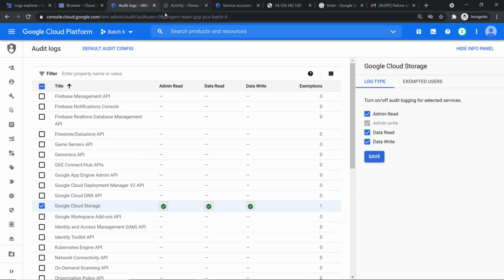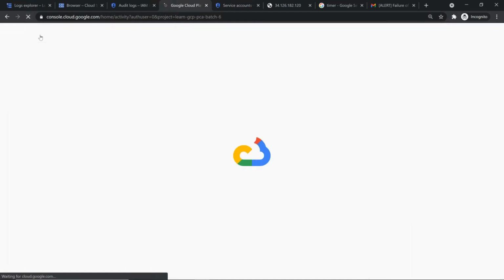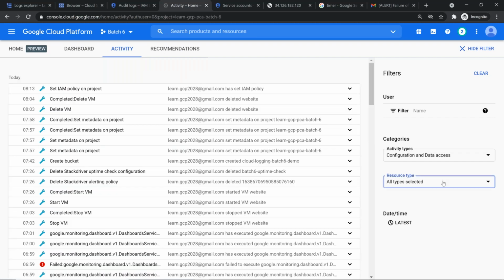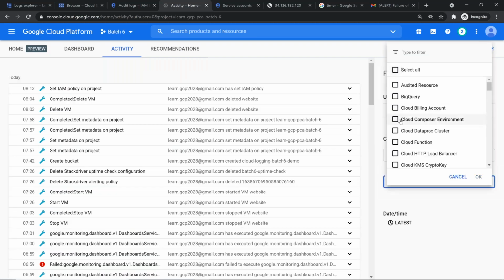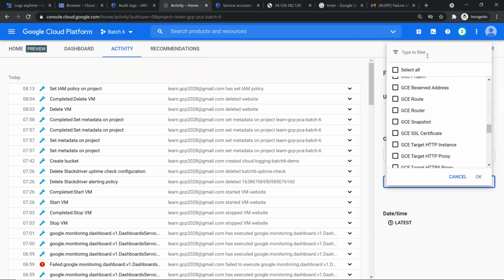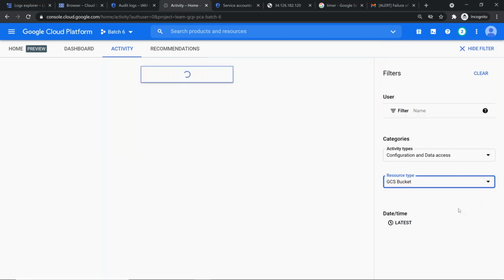Now what we will do is we'll see whether the logs are going to be captured or not. So just refresh this, because I just turned on the data access log. Is it going to reflect? No, it is not going to reflect, but I'll just show you. So if I go to my bucket, so if you go here,